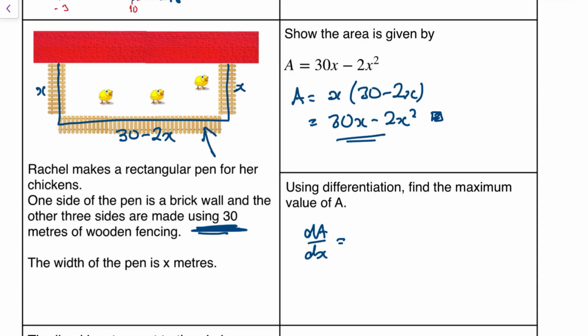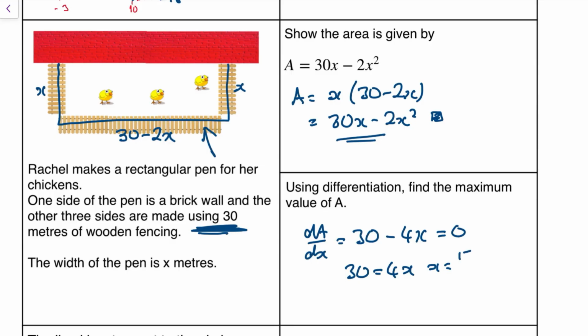It finds the rate of change. So if I differentiate, that's going to give me 30 minus 4x. And I want to know the maximum, so I'm going to set that equal to 0. It's not a "show that" question, I'm just finding it, so I can just do that in one go. So 30 is equal to 4x, which means that x is equal to 30 over 4, which is 15